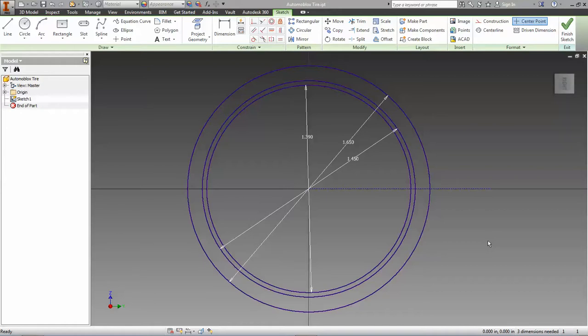Okay, this is Mr. Esterbrook's, and in this lesson I'm going to show you how to model the Automoblox tire. You're going to start with 3 concentric circles, and notice mine are fully constrained, fully dimensioned, and the easy way to dimension these, start with the outermost one, which is a diameter of 1.65, and the middle one, just